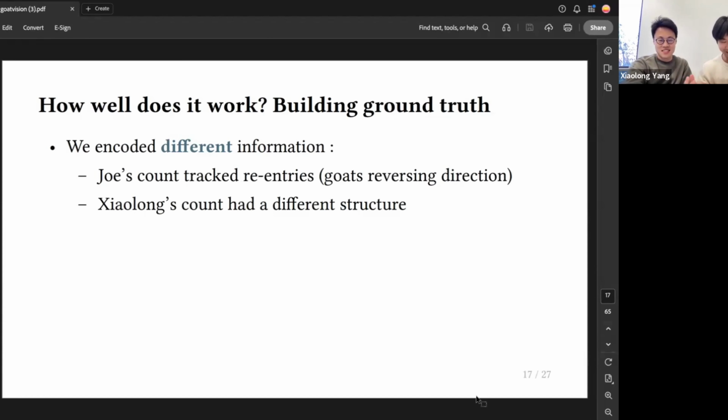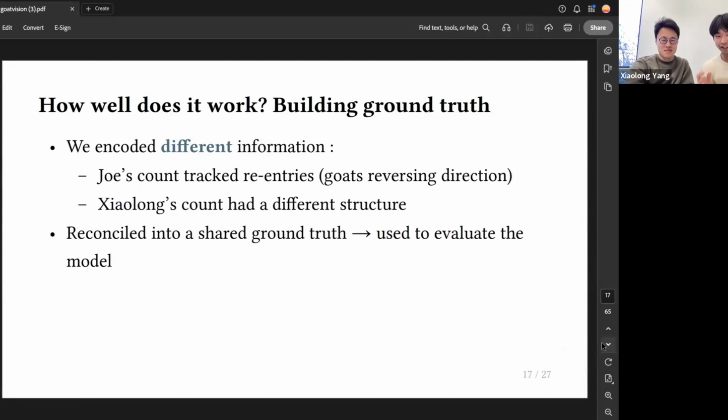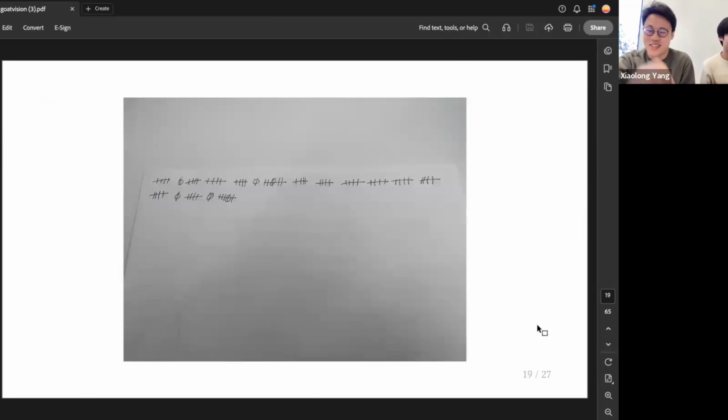So we manually counted half an hour of video, counted many times, and saw different results. How did we come up with different results every time? We just counted and counted until we finally settled on a number, 100-something. That became the metric we used to evaluate the model. You tune different parameters, feed in different data, and see it converge more and more closely to the actual ground truth. That's the way we tried to settle this problem. And here, one little detail worth discussing a little more is how humans count in this case.